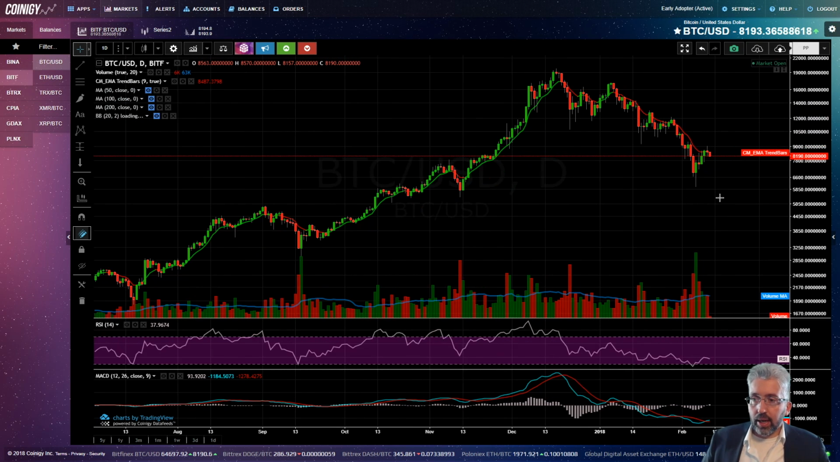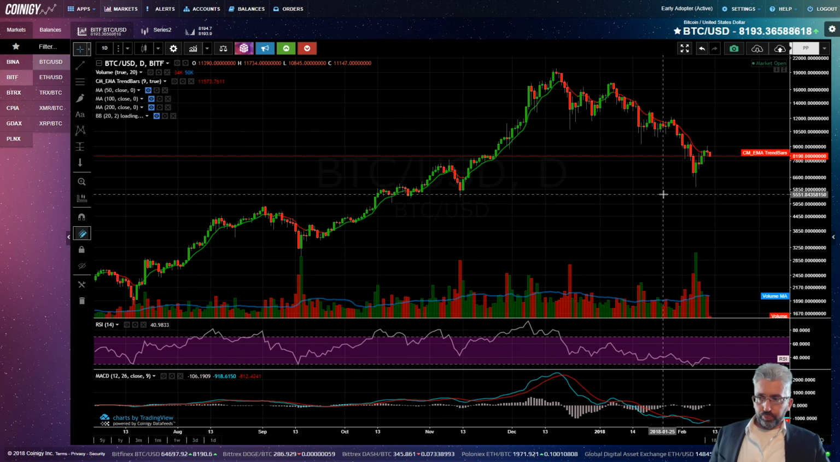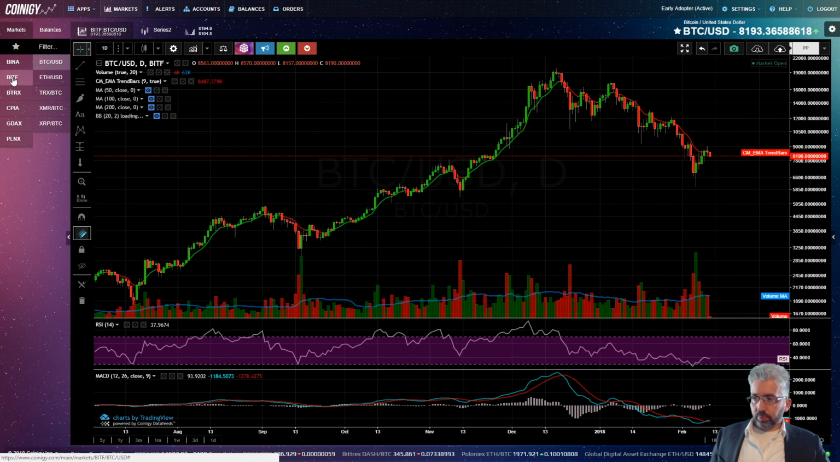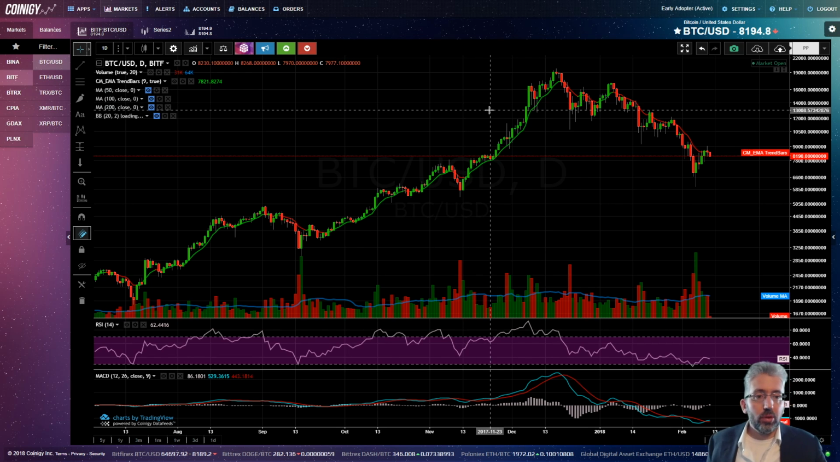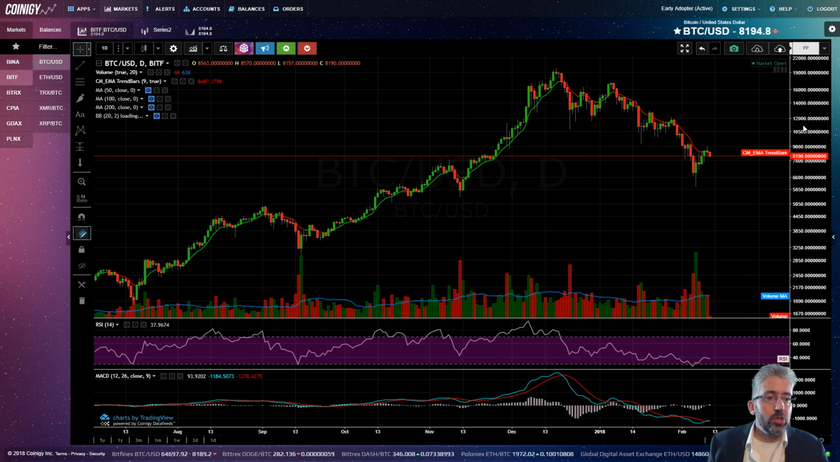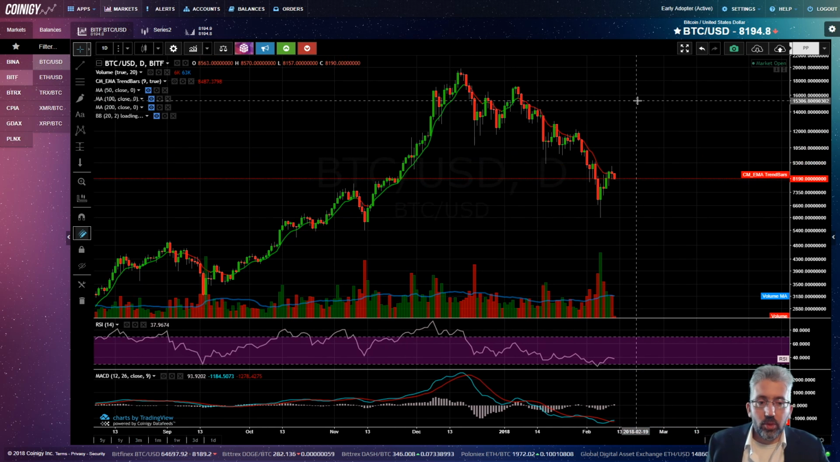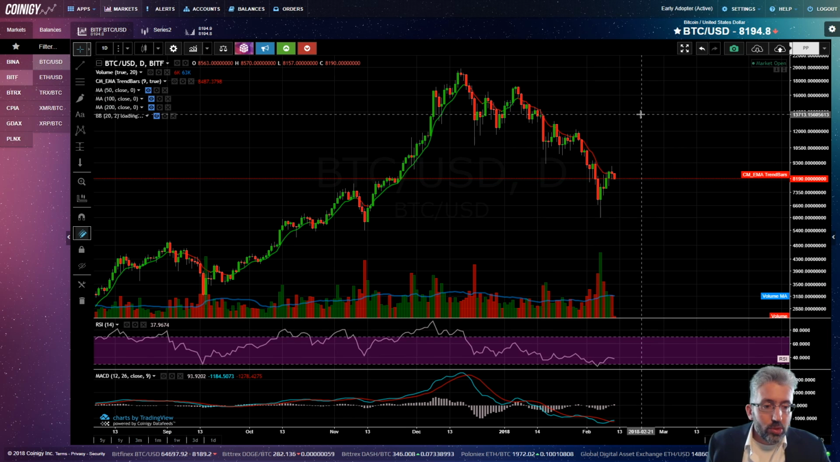This is the one-day Bitcoin US dollar chart on Bitfinex. As you can see, I use Coinigy. Coinigy is similar to TradingView. It's slightly more developed towards cryptocurrencies, but I guess it's just a matter of taste. You know, which one would you like to have? Which car would you like to drive? So what we see here,